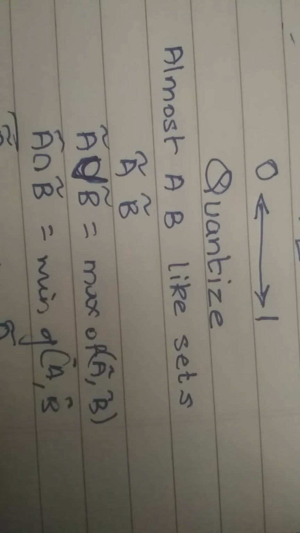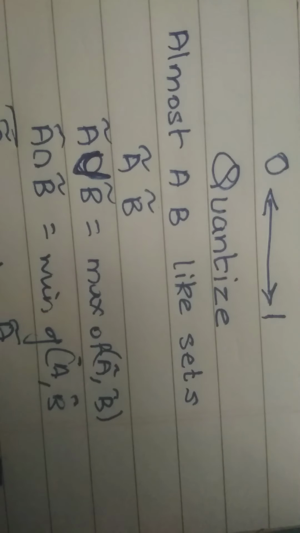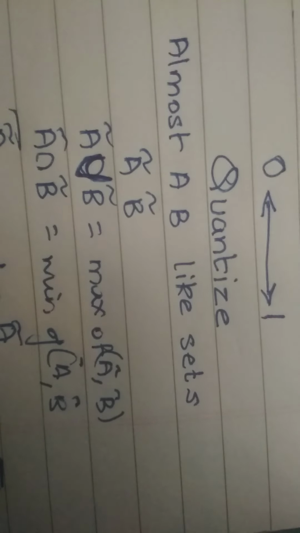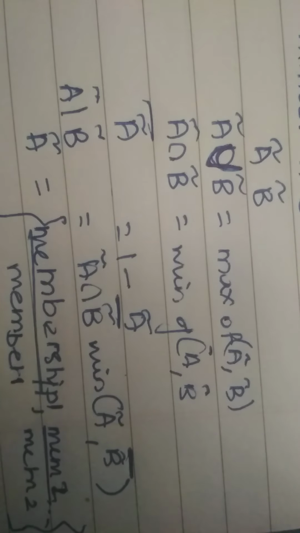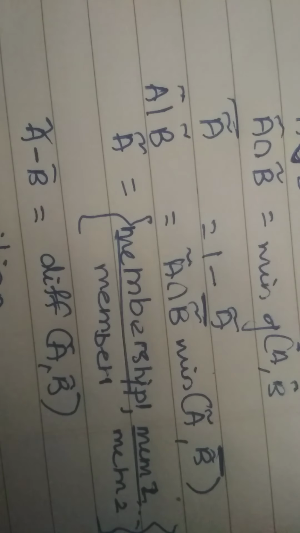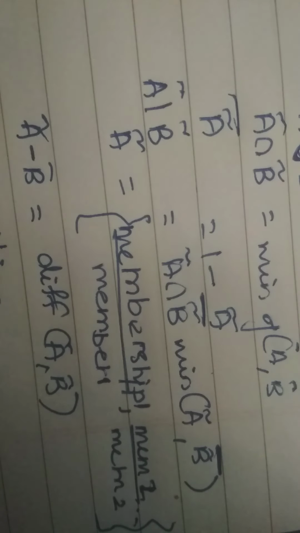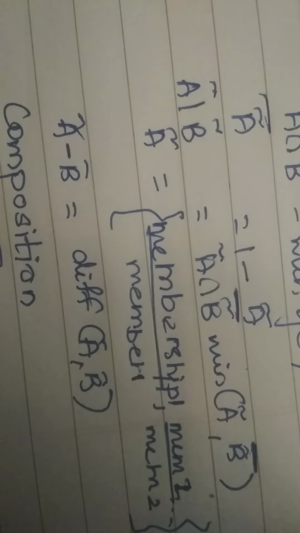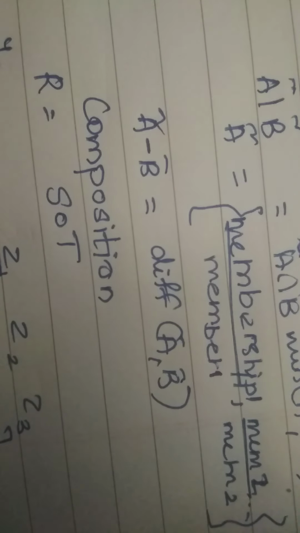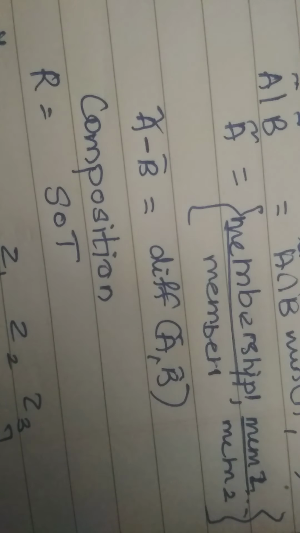So if I say A tilde union B tilde, it's always the maximum of A and B having the same members and different membership. So the different membership amongst which you have to find out the maximum, and for intersection the minimum. For A complement, it's 1 minus the membership value, and then you have A with B, wherein you do the A tilde intersection of B tilde complement, which is the minimum of A and B tilde complement. So this is how you explain this. And yeah, the difference is the difference between the memberships.